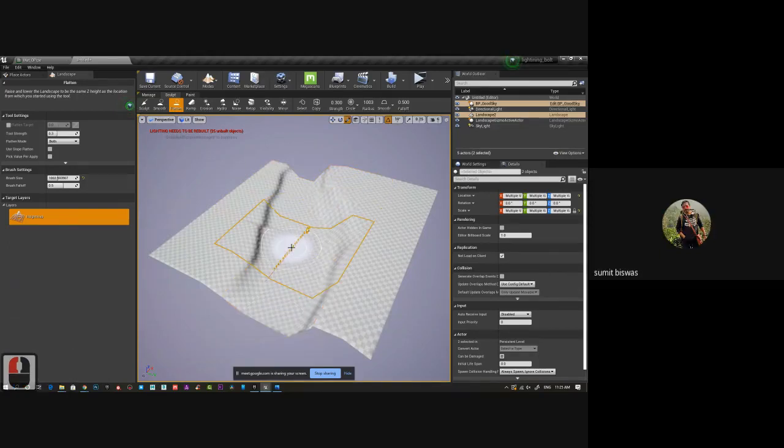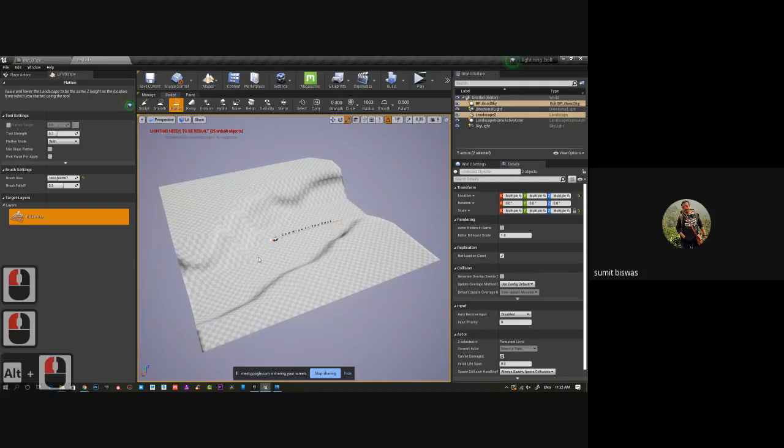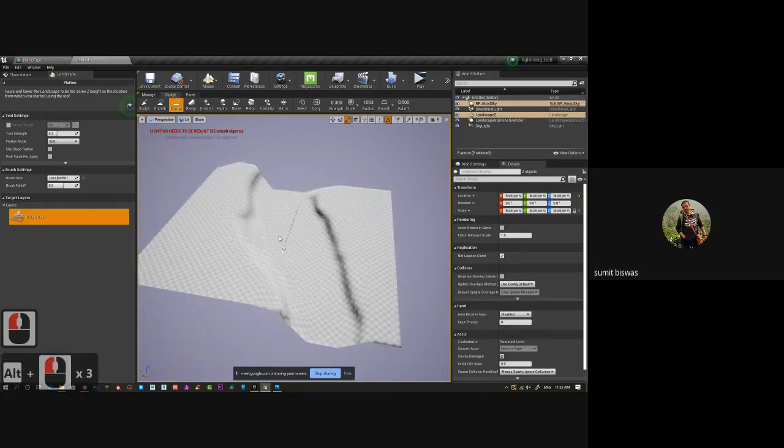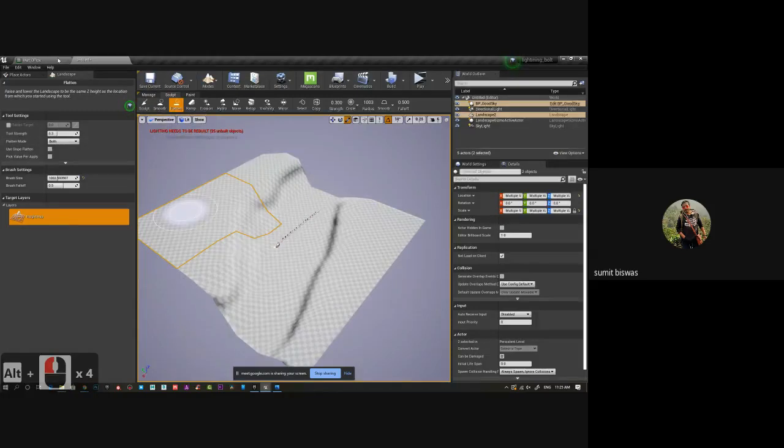The first inside circle is your main strength, and the second circle is basically your falloff radius. That is something you can also control with the help of this. If you want to reduce the falloff, then increase the falloff and create this. So you just created this entire mesh and modified it. The basic structure is ready.